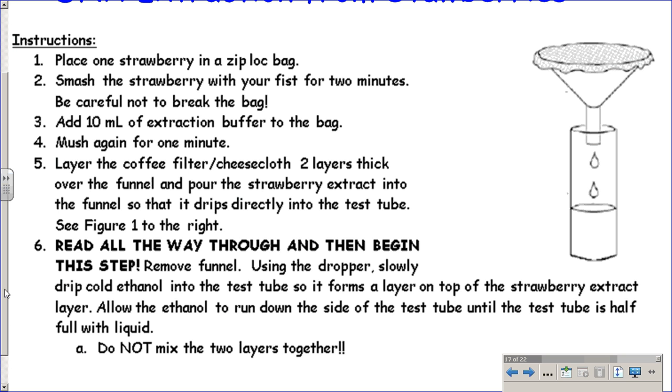All right, you're going to smush it. Then you're going to put some DNA extraction buffer. It's labeled in your lab benches already. You're going to put that in there. You're going to smush it some more. So it's going to extract the DNA out of strawberry. Then you're going to pour it through a funnel with some cheesecloth. I've already got the cheesecloth cut to the size you need. It's going to take a little while to drip. While it's dripping through, you're going to do the data questions because it's based off the pre-lab reading. You don't need data to answer those questions at that point.